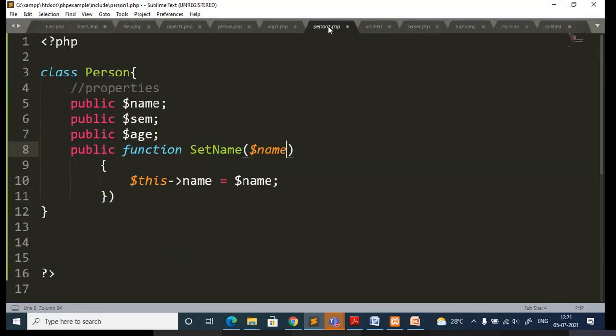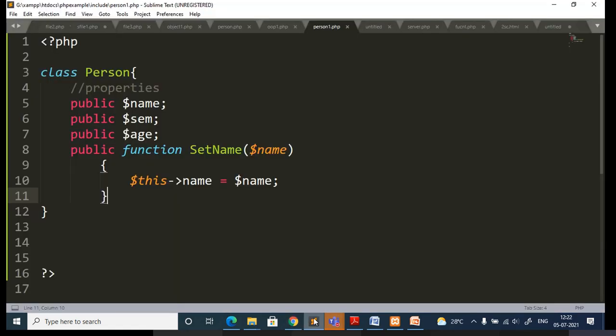Maybe in this file. Okay, I am not getting output. Why? I should get the name. You just check it. Why am I not getting it? Because here I have made it public, I should be able to access it.